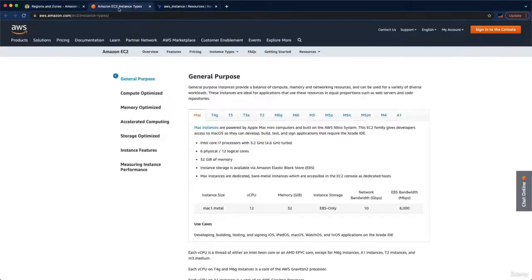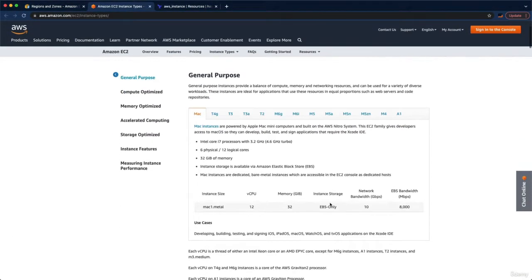So I have here open the instances page, and it shows you a breakdown of all the different instances that you can launch and what the different capacity is. So how many vCPUs, how much memory, how much SSD, and so on. So if you go back to our Terraform code,